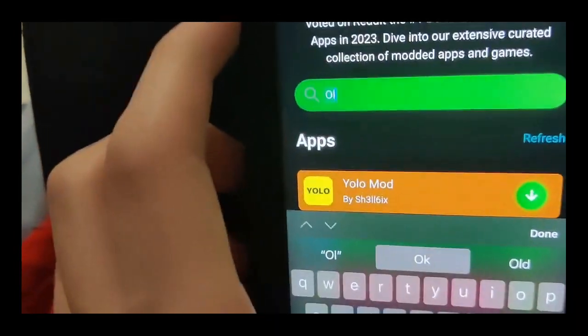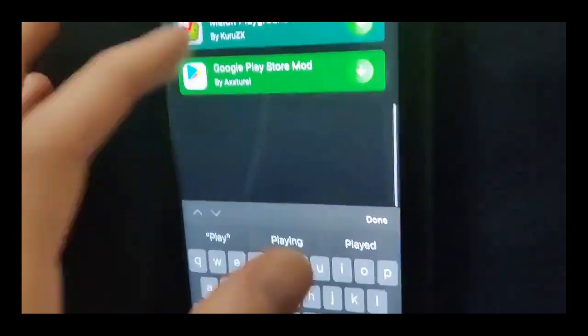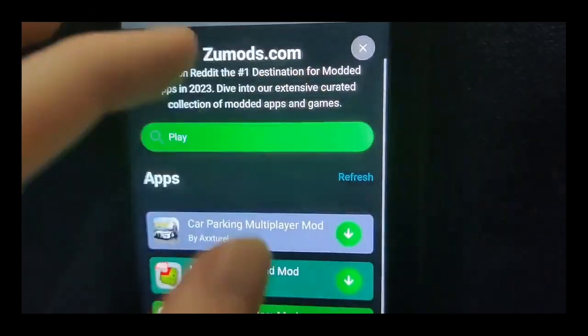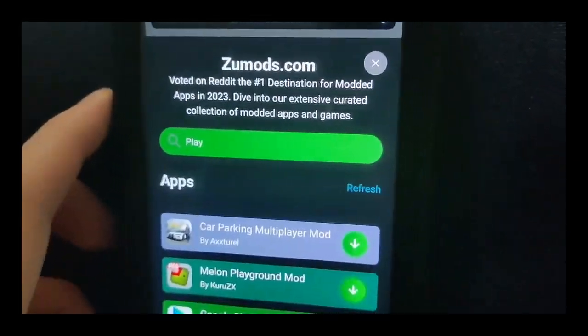I'm not a speller, so it's not going to come up unless I type it exactly, but as you can see, there it is, Google Play Store Mods. So just press on that. It's going to download. So be sure to go ahead and try this out for yourself and get the word out,